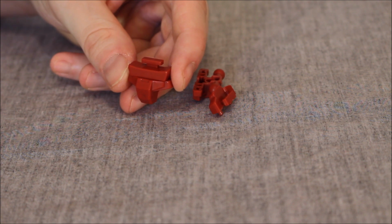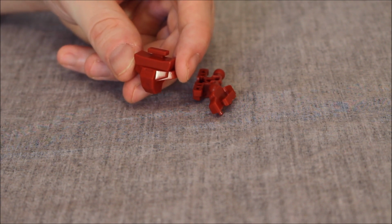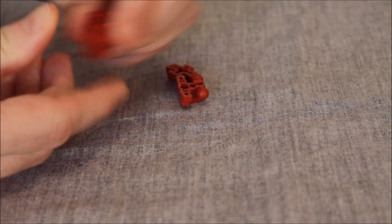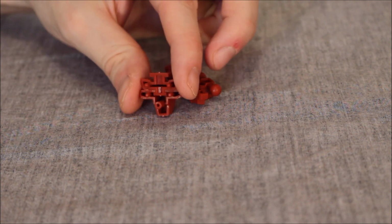He goes in there like that, I believe. I think. I hope. No, maybe not. Maybe it's this one. Yeah, it's this one. There. So we do that, and then we come over to the back, and we actually have some pegs and